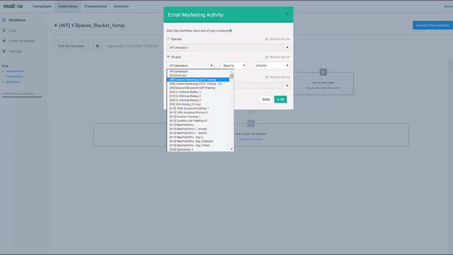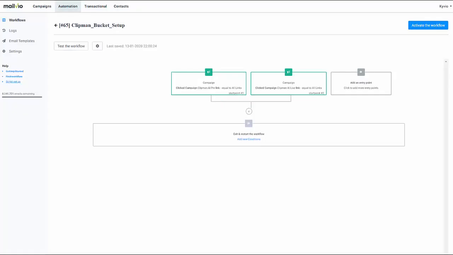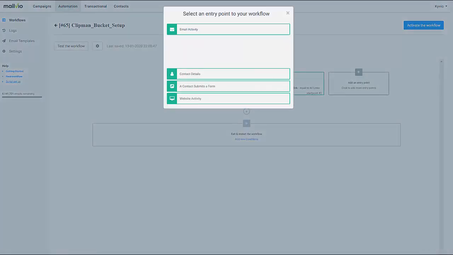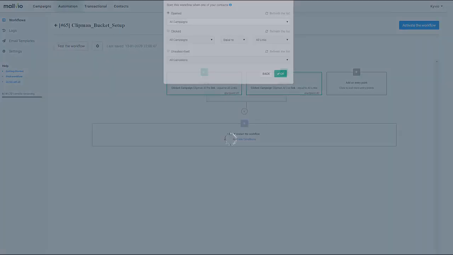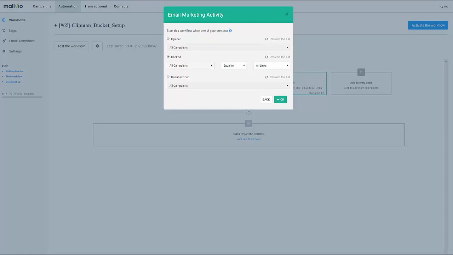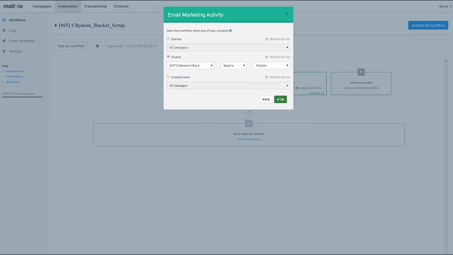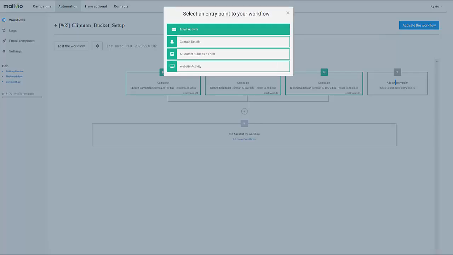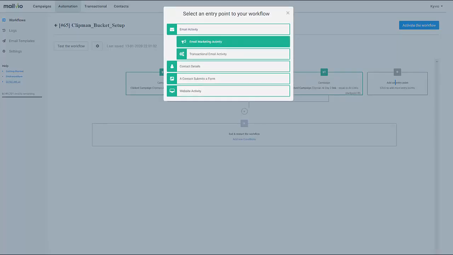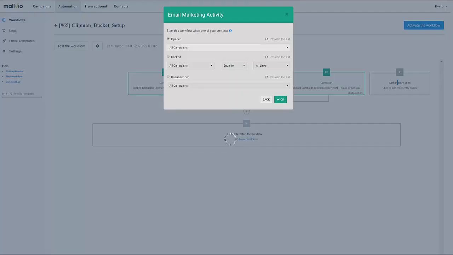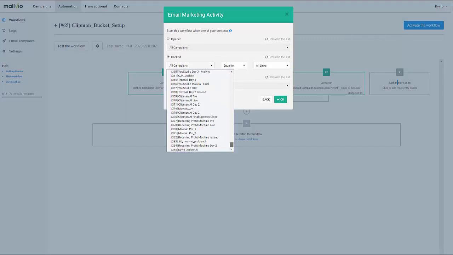But if in email activity they clicked on Clipman AI Live, or, now these are or conditions, or if they clicked on Clipman AI Day 2, or if they clicked on the link inside the email, Clipman AI Day 3,